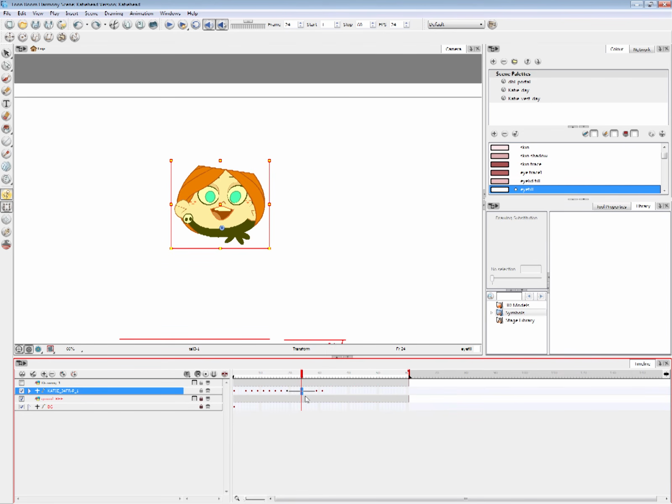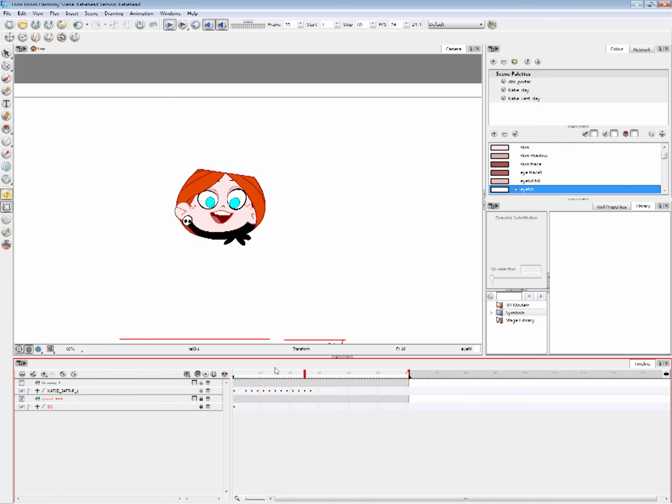See, for example, if I select in the middle and decide to keyframe that, it just clears everything to the right side. So we're gonna go from right to left all the time. And that's pretty good.